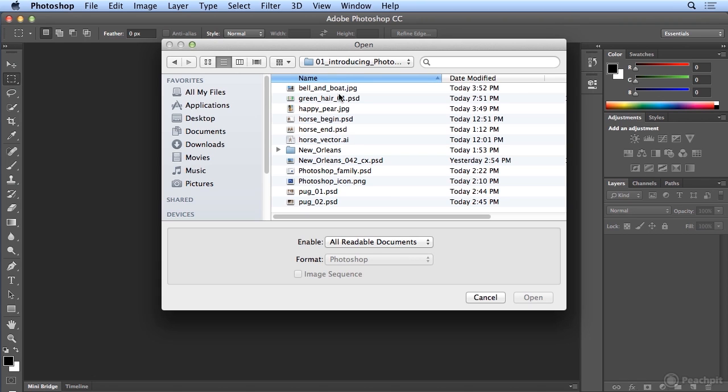Now, inside this folder, there are 4 file formats. JPEG, which stands for Joint Photographic Experts Group, PSD, which stands for Photoshop Document, the native format of Photoshop. PSD files can contain layers, whether it be adjustment layers, type layers, layers of different images.